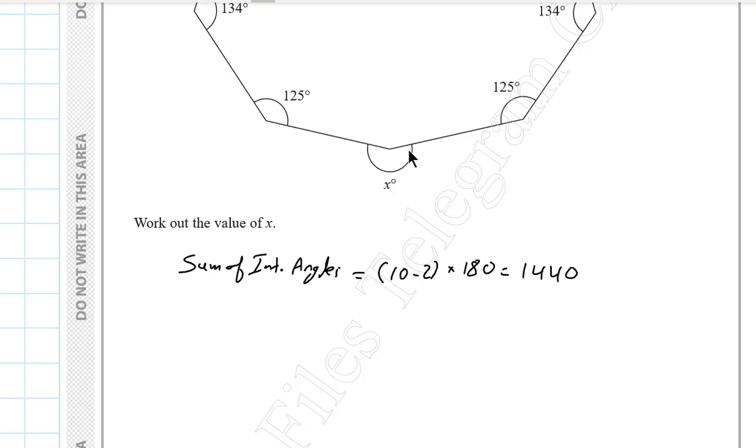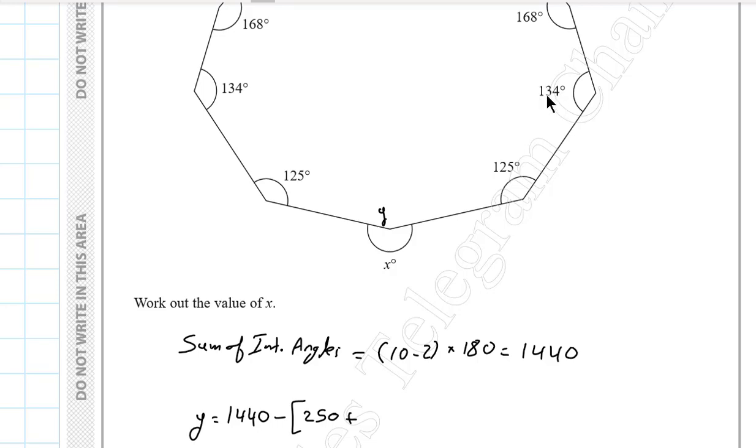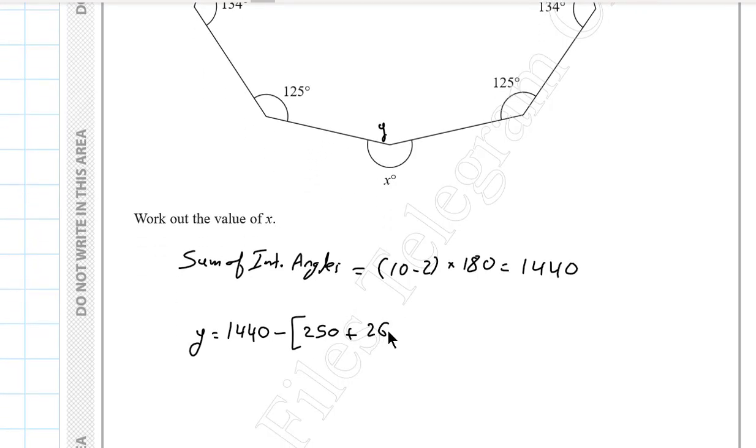So I will call this angle y and say that y should be 1440 minus double 125, which is 250, and then plus maybe double 134, which is 268. It's easy. 268 plus